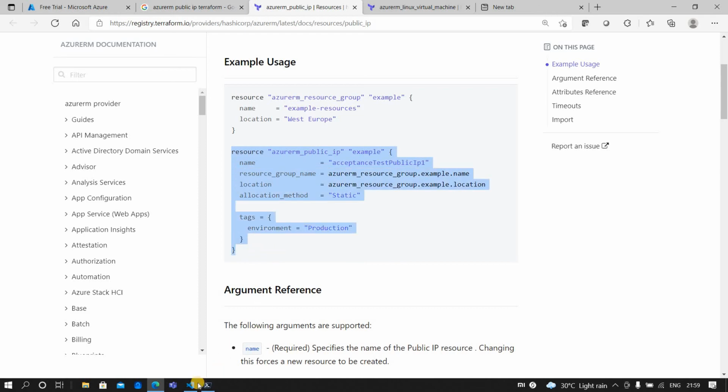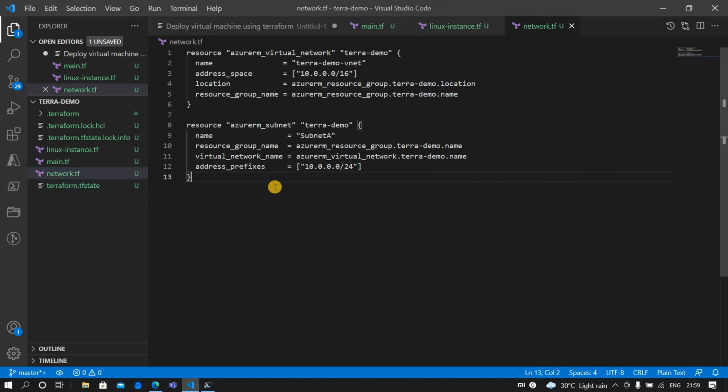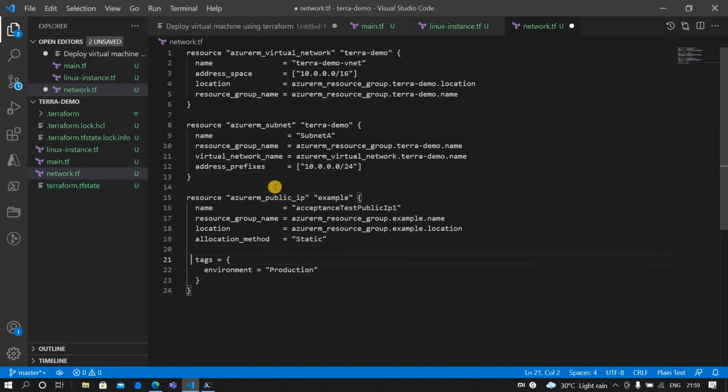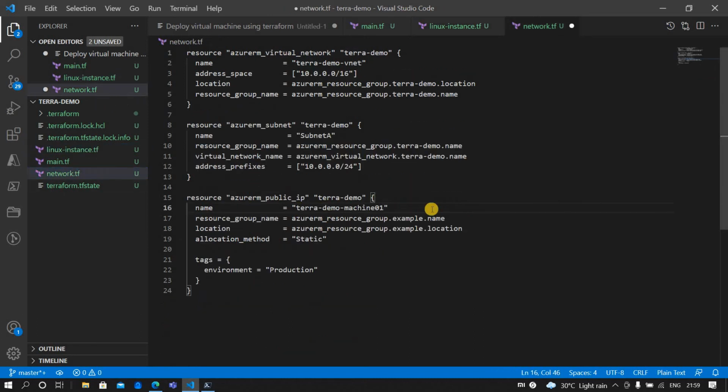Let's copy this and we'll paste this in network itself. Let me name this as Terra demo, and I'll name this as the Linux machine 01 PIP, and this one as the same thing, Terra demo, and the allocation method is static.